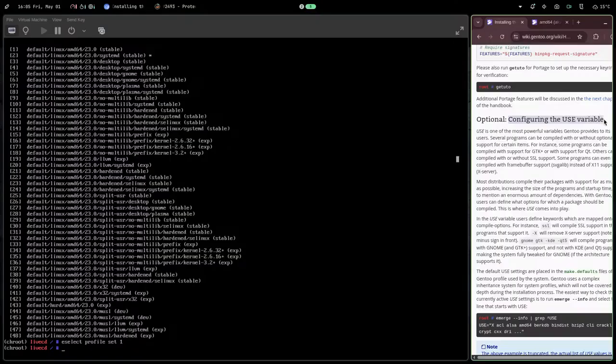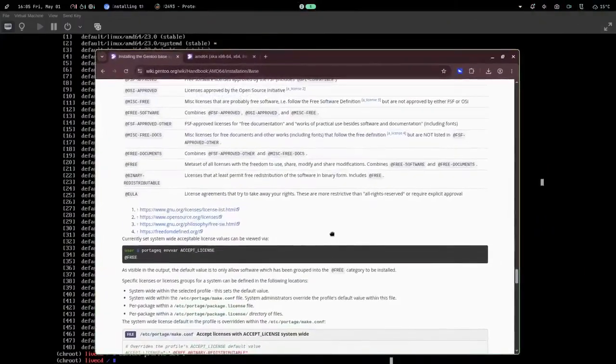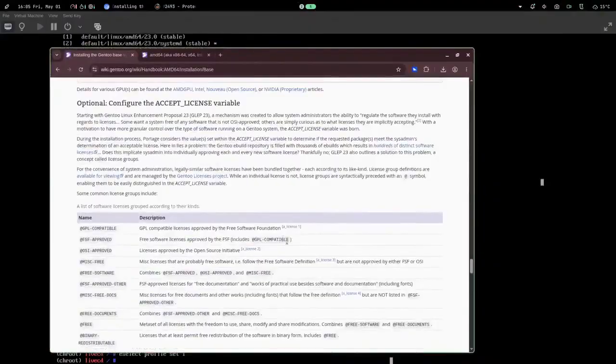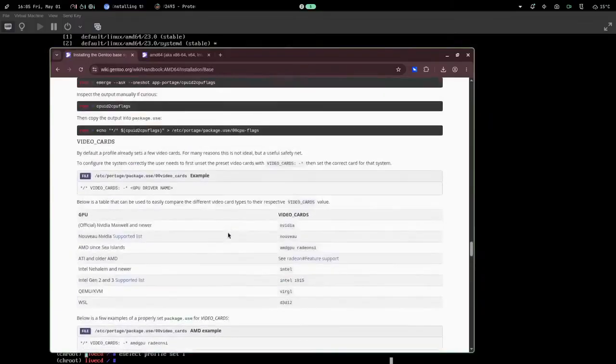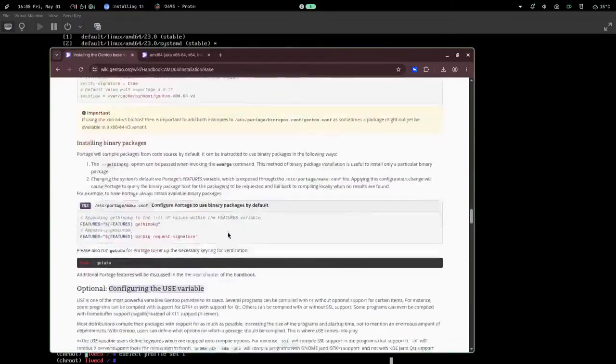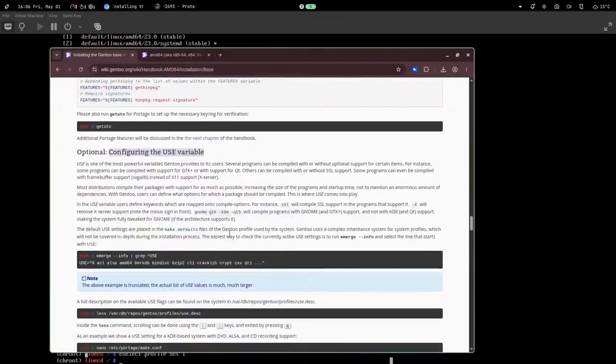So use variables are that next layer of configuration in Gentoo. Let's bust this out for a second here so you guys can see what use actually does for you. Oh, come on, cat. Where did use go? So use is a way of configuring packages to compile with special features or to disable special features that you don't want in a package. For example,